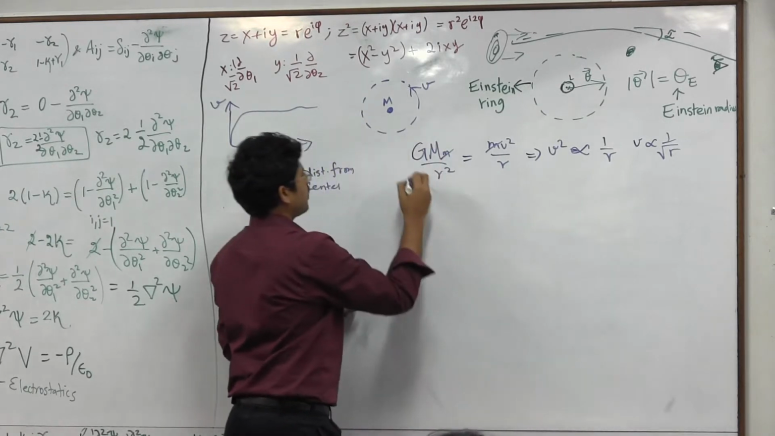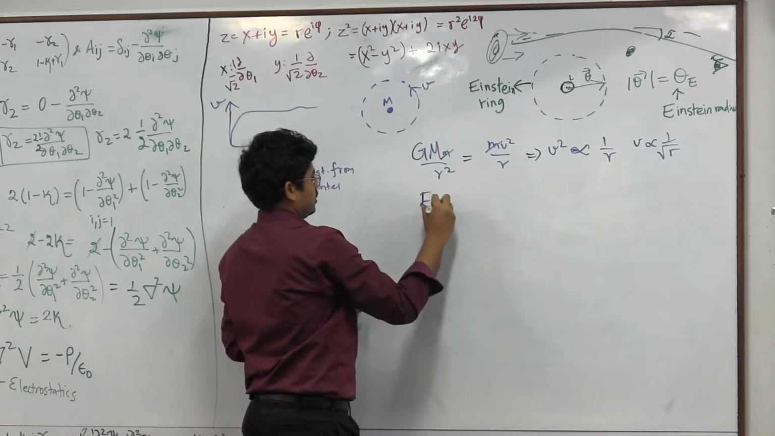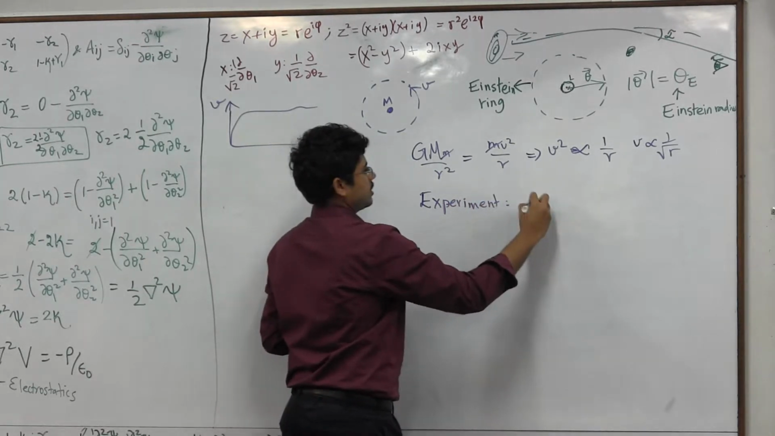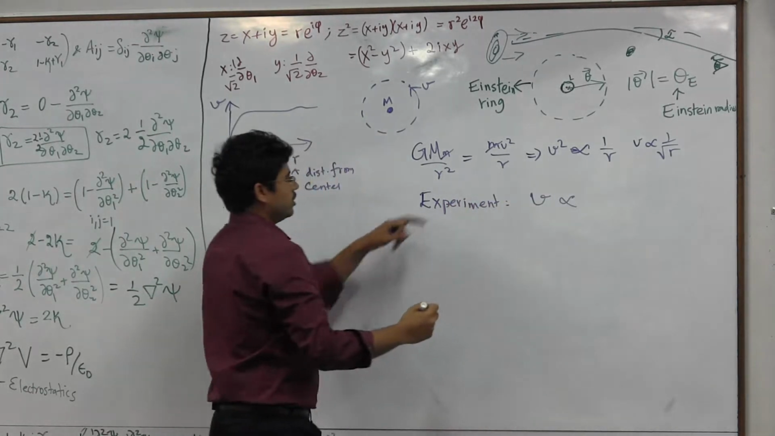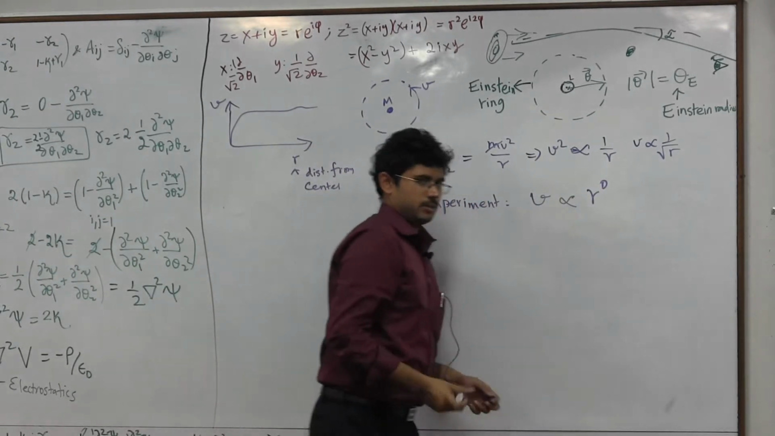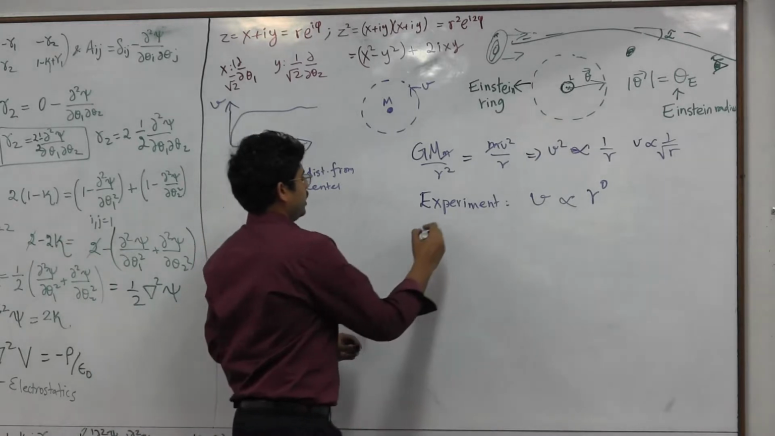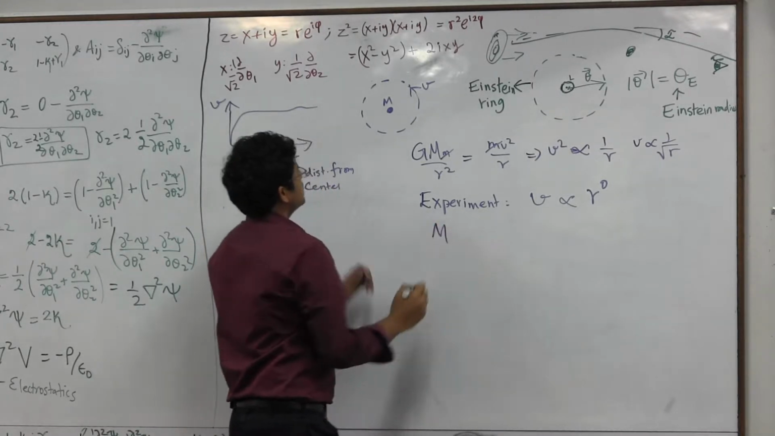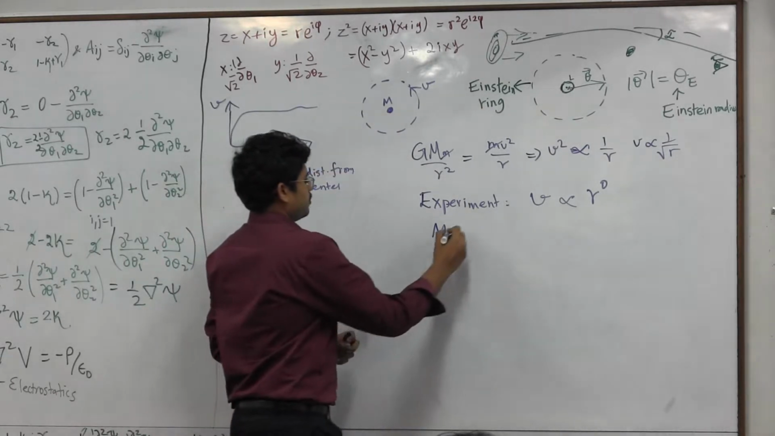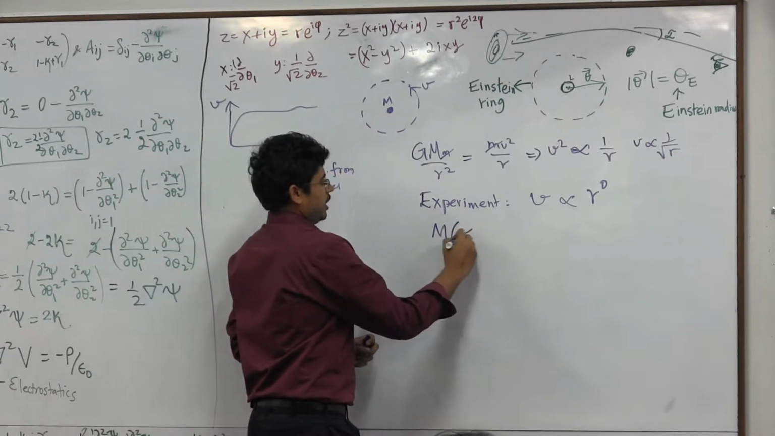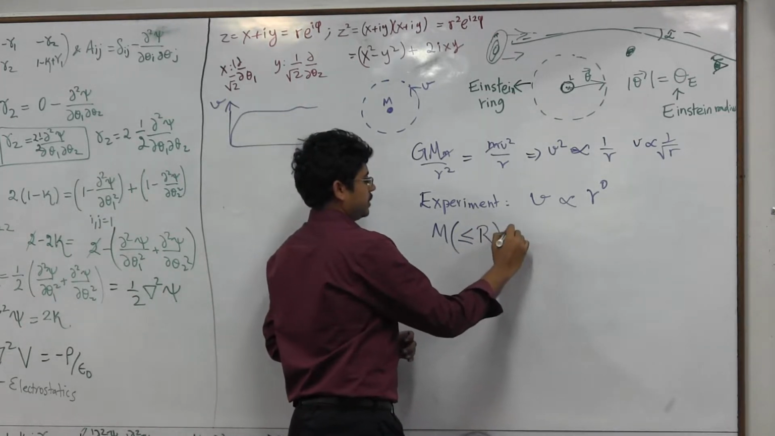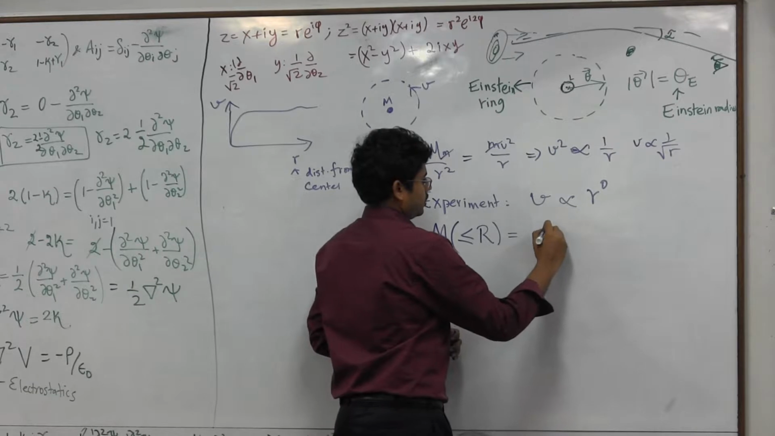From experiments, what you get is that v does not go down this way, it stays pretty much constant, so it's r to the power 0. Which means M is not all concentrated in the center, but if you calculate all the mass within a radius r in the sphere, it will go something as